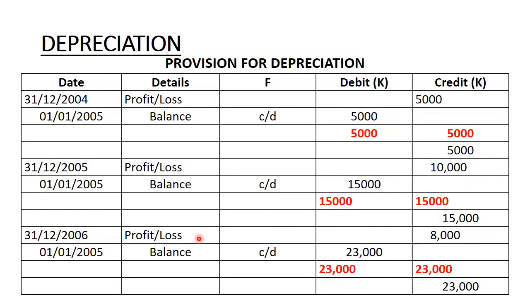Then the final year, where we did not buy any vehicle, the total depreciation was 8,000. So 15,000 plus 8,000, 23,000 is the total, and the balances. So that's how to do provision for depreciation. So this marks the end of the lesson. See you in the next